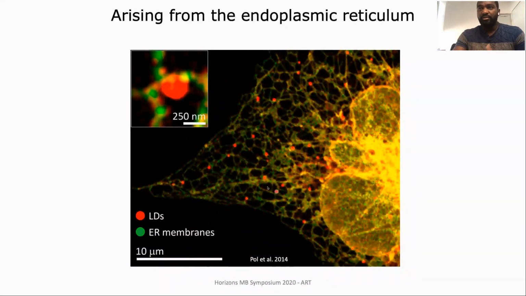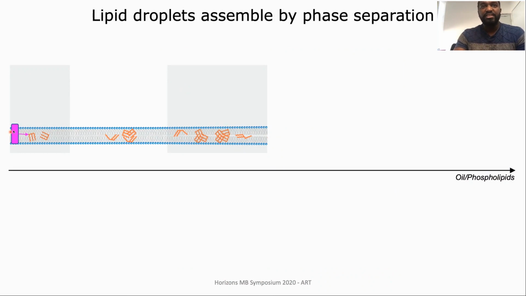So lipid droplets, as Pedro just mentioned, are formed at the ER membrane. Here in green is the ER, and in red are lipid droplets that are being formed at the ER. And you can appreciate that in this magnification. So concretely, what happens? You have enzymes that sit at the ER membrane that catalyze the synthesis of